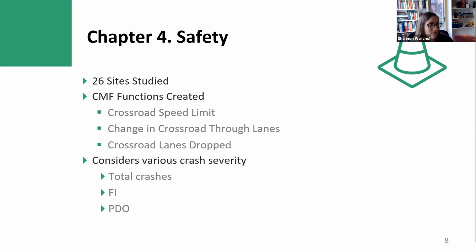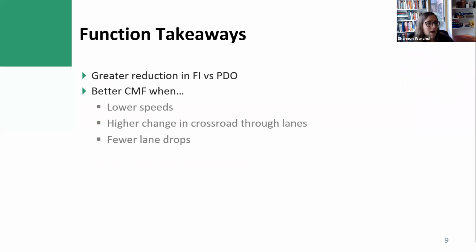We also broke out the CMFs to consider total crashes, fatal and injury crashes, and then the PDOs. So diving into that function just a little bit more, we see that there's a greater reduction in the fatal and injury versus PDO. So that CMF is going to be lower for F&I crashes than it is for PDO, which is a good sign. In general, you're going to see a stronger CMF, so a lower CMF, when you have lower speeds, that's pretty obvious, when you have a higher change in the number of crossroad through lanes, and when you have fewer lane drops,